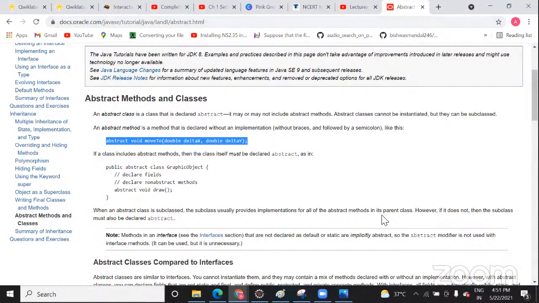So why did you say you can't pass anything in abstract? No, we can pass it. Then how would you implement the method if you couldn't pass it? An abstract method is like a normal method only. The only thing is that you provide the body in the child class.